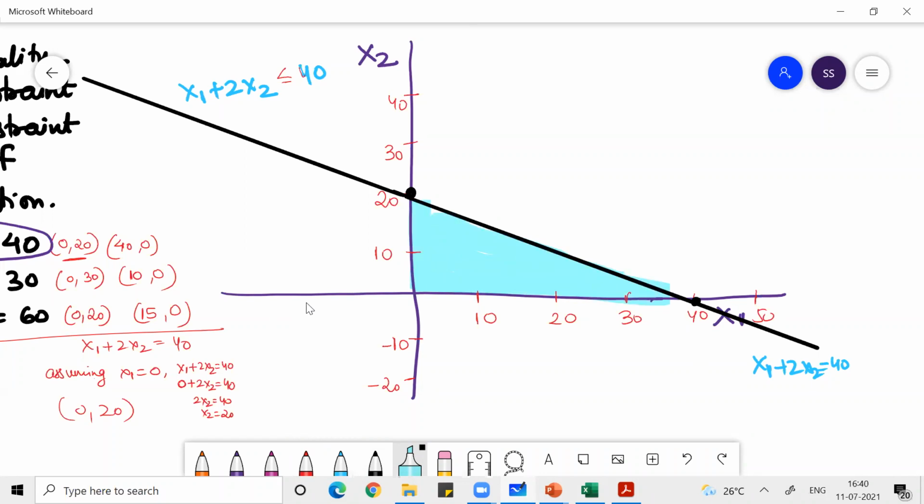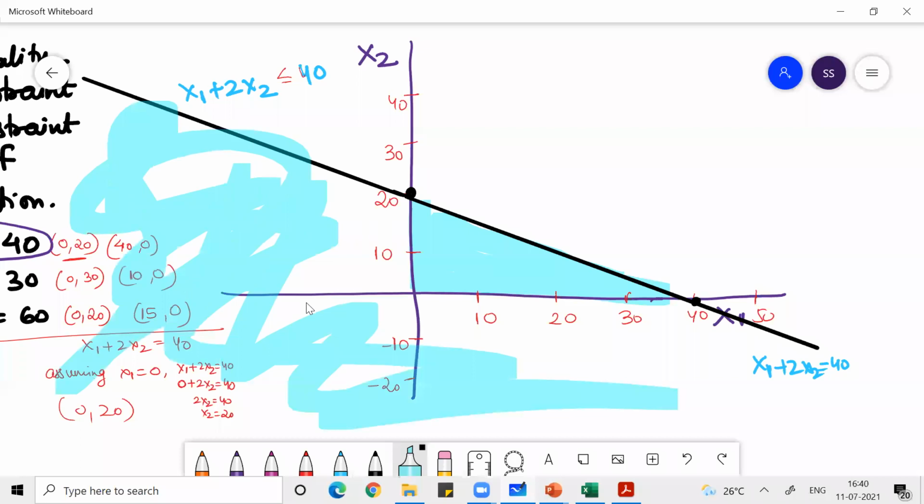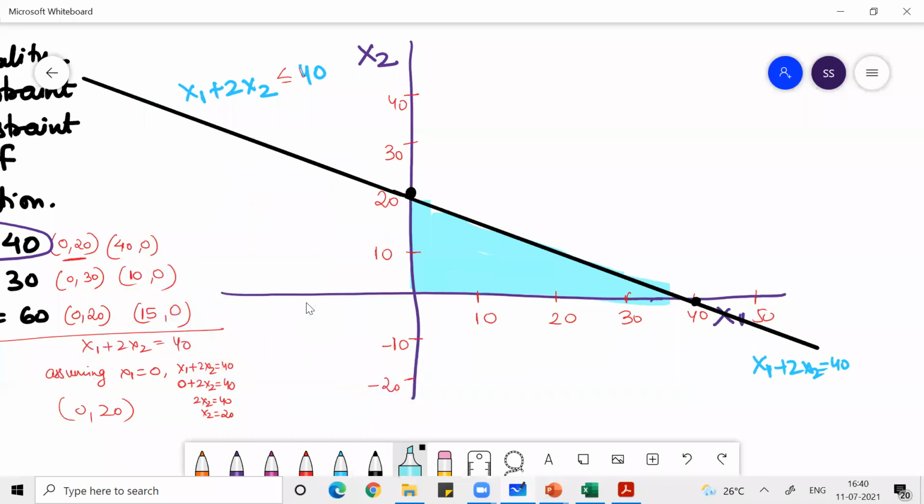Your x1 and x2 should be greater than or equal to 0. Why not this other area, sir? What is the problem with this area? If you take that area, then x1 and x2 can be negative. But in a real-life manufacturing setup, you cannot manufacture negative. Your output cannot be negative, so it should always be positive or 0. So x1 and x2 should be either 0 or more than 0, and we can only talk in terms of the first quadrant.